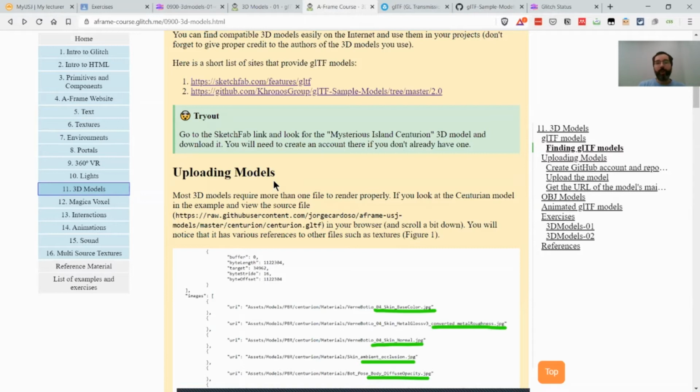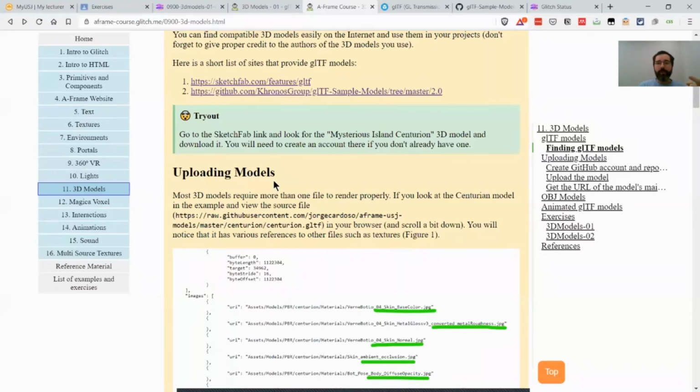And that's a problem because Glitch doesn't easily allow us to upload a folder. And most of these models are made up not just from a single file, but they need lots of files. There's usually at least one main file that describes the model and the geometry, and then, for example, lots